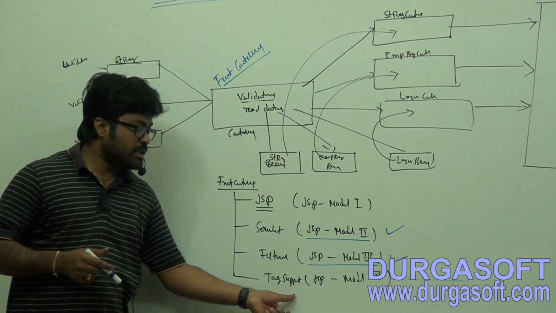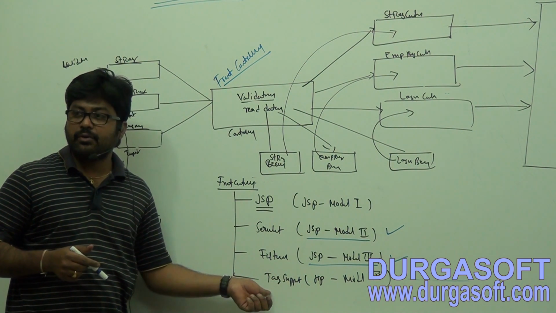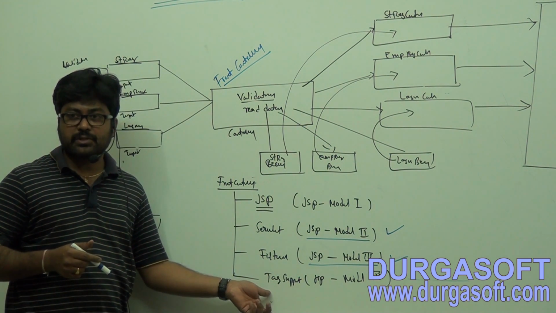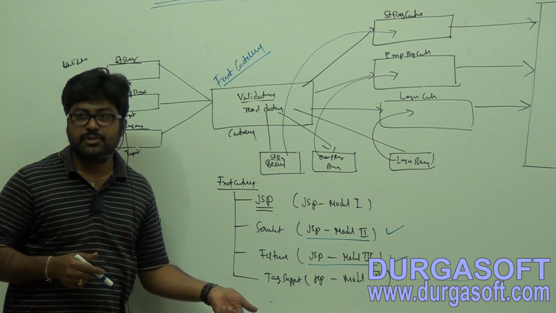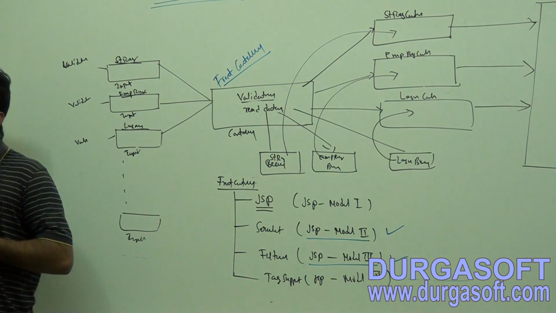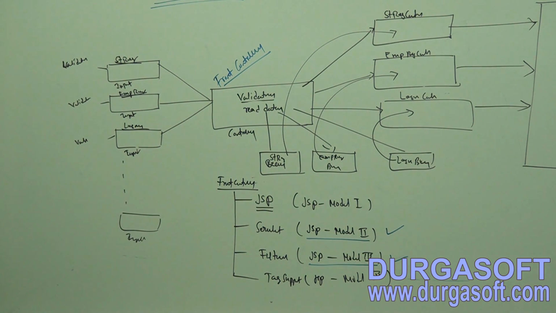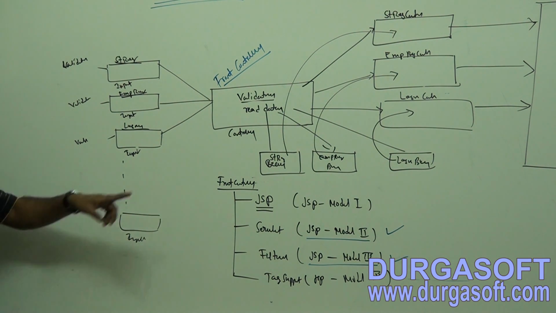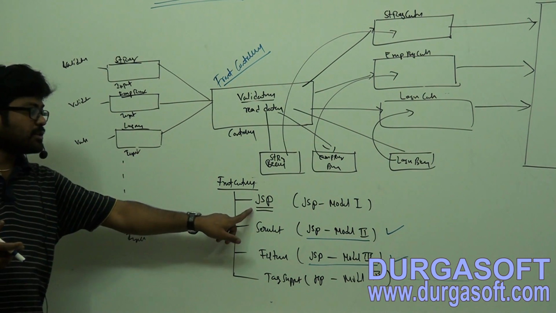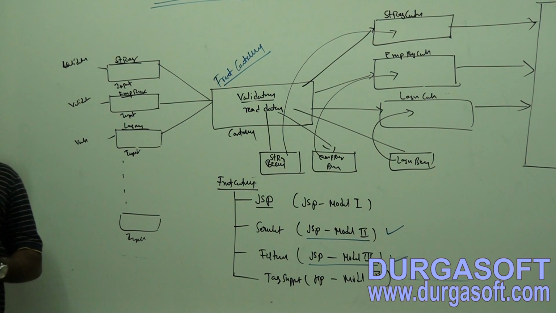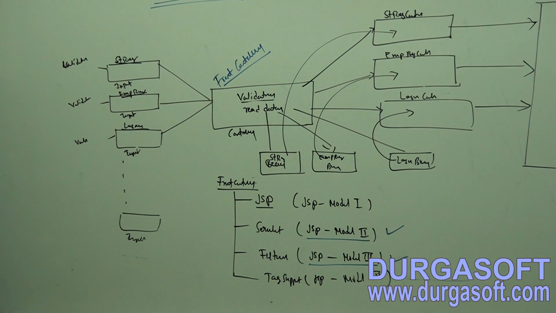In JSP model 4, to use tags we again have to use a JSP page. A JSP page is not secured, so they can do any manipulations. If I write this common set of operations under JSPs, there is a chance of manipulation changes. But if you go through a servlet or filter,